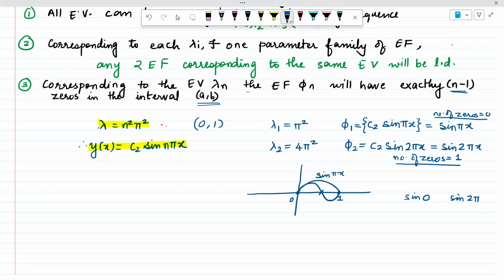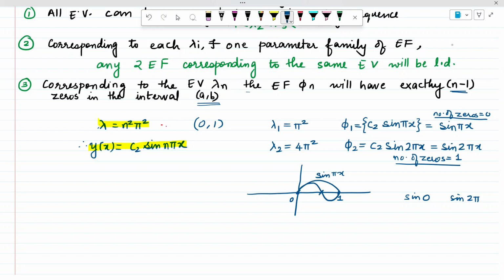प्रॉपर्टी नंबर 3 बोल रहा है कि जो लैम्बडा n लोगे उसके करस्पॉन्डिंग जो फाई n आता है उसके n माइनस 1 जीरोज होते हैं, मतलब लैम्बडा 1 के अगेंस्ट फाई 1 जो आएगा उसके 0 नंबर ऑफ जीरोज होंगे। जीरोज मतलब y ऑफ x बिकमिंग 0, इट क्रॉसिंग द x एक्सिस। उसका जो ग्राफ होगा वो x एक्सिस को उस पॉइंट पे क्रॉस करेगा। तो अगर फाई 1 को देख लो तो वो x एक्सिस को क्रॉस ही नहीं कर रहा है 0 to 1 में, ओपन इंटरवल 0, 1 में, साइन पाई x है।